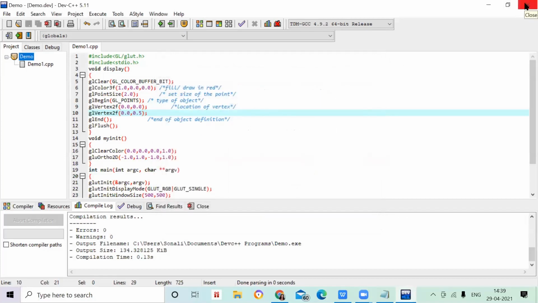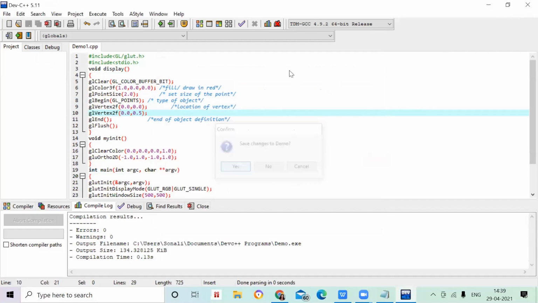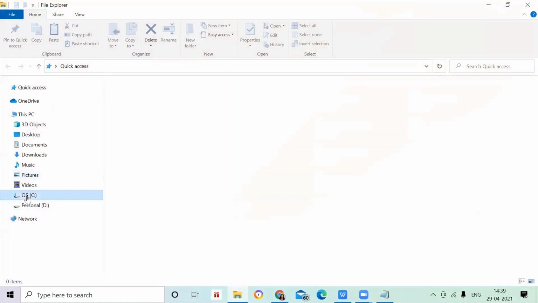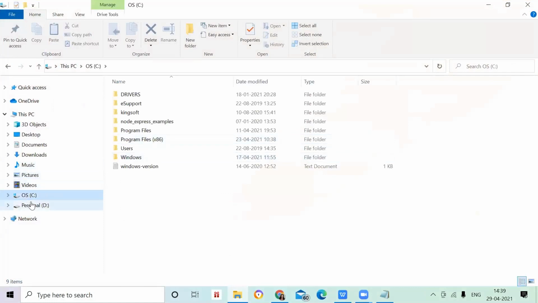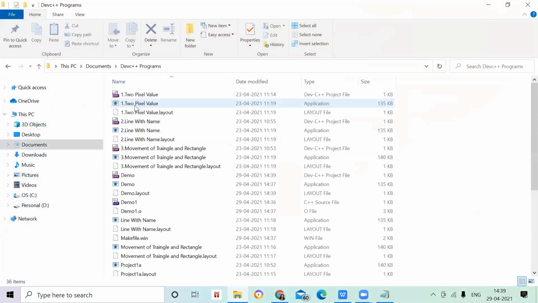I have one small project, a small program. I'll just show you. I will show you that. I have the program over here. Let me go to the documents. I have this folder here. So I have this program that you also have to try. If you want to try that, how are you going to do it?